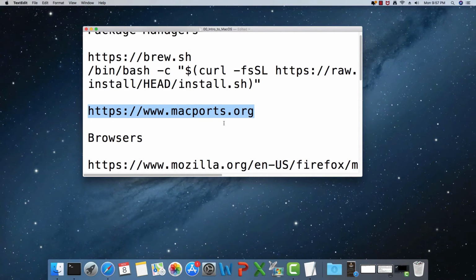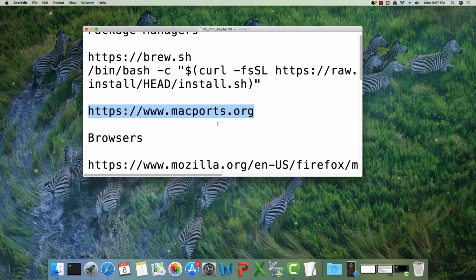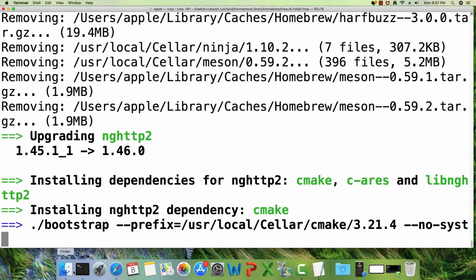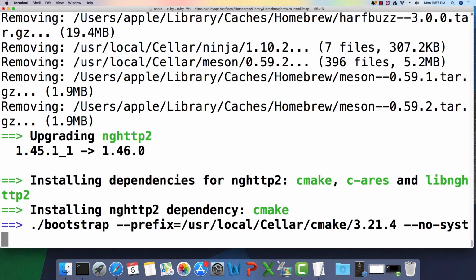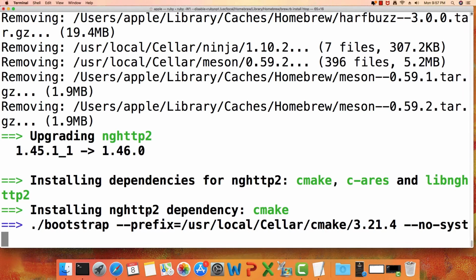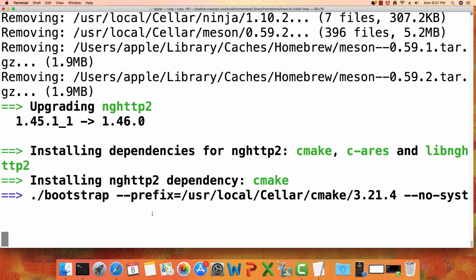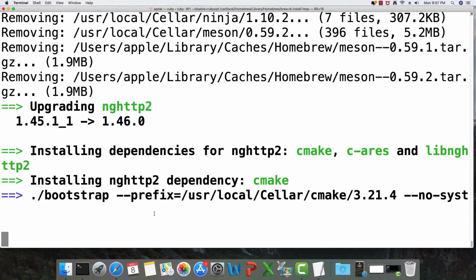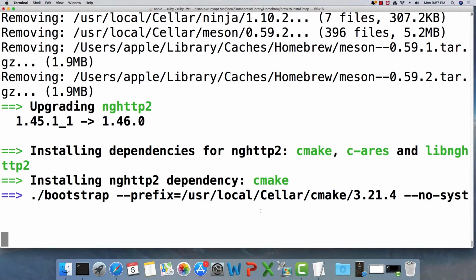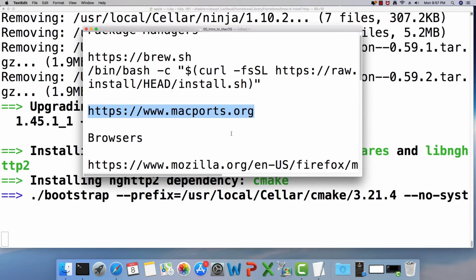So we were installing the htop utility, and we were waiting for the htop installation to finish. We were using the Homebrew utility in order to install htop. Okay, it seems that the installation is still not complete. So we are just going to wait for the installation to finish, and meanwhile we are going to explore a few other aspects of our Mac OS computer. Now I was talking about Homebrew. There is another installation manager known as MacPorts.